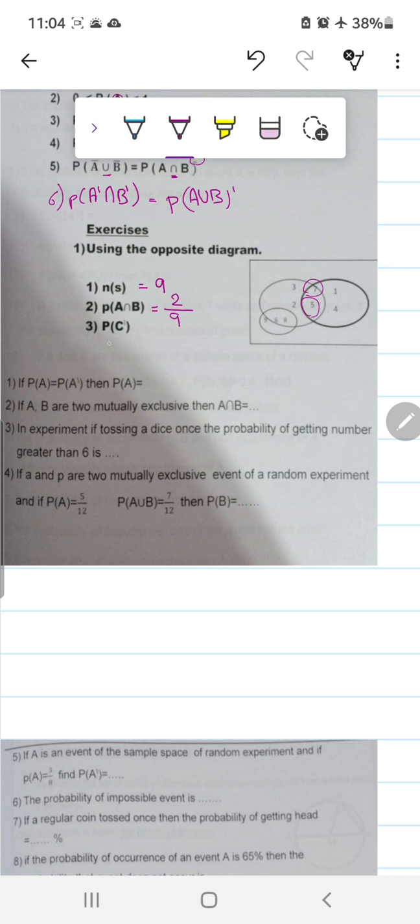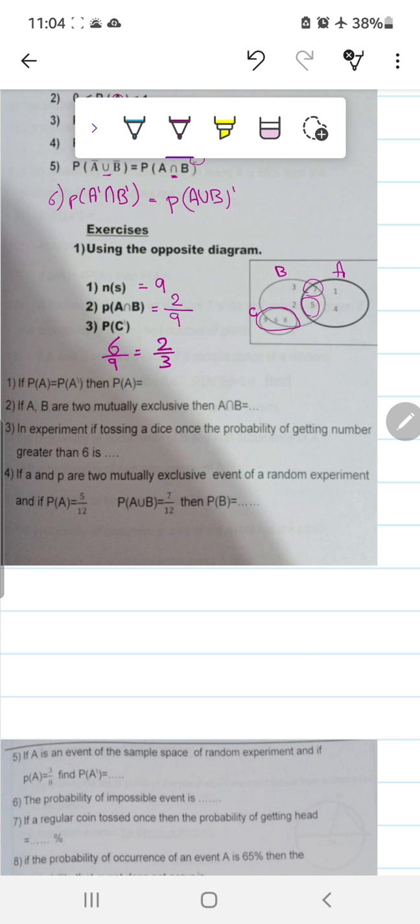Okay, another one, probability of C complement. Here we have A B C. C complement means all elements in the sample space except the C. So here we have C here. So here the rest of the elements: 1 2 3 4 5 6. So here the number of elements of C complement equals 6 over the number of sample space 9. Don't forget to put it in the simplest form, which is 2 over 3. Okay,